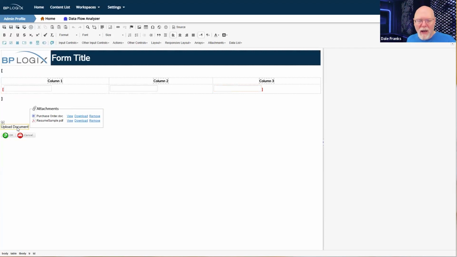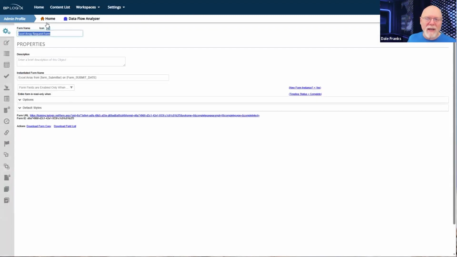So in my upload, I just upload a document. It's an Excel spreadsheet. And once the document uploads and I run the process, I actually unhide this array so that I can see the array before I close the form. But the array shows me the data that I have. And because I have an array, when I submit this form, it kicks off a process.